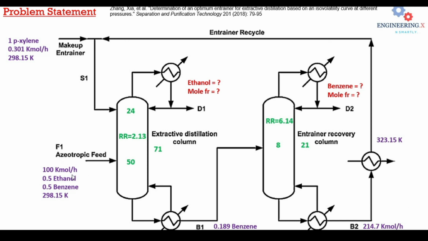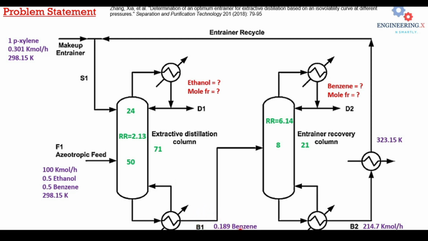We have an isotopic mixture consisting of ethanol and benzene. So ethanol and benzene at 25 degrees C, and the flow rate is 100 kg per hour, and it is fed into the distillation column on the stage of 50, and the total number of stages are 71 with reflux ratio of 2.13. On the other hand, the entrainer or the solvent with makeup and recycle stream are fed on stage number 24. We have to find out in first extractive distillation column how much is the mole fraction of ethanol in the top product, and in bottom the mole fraction of benzene is given, that is 0.189,